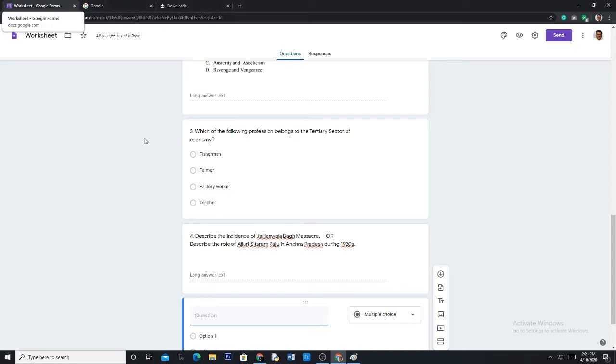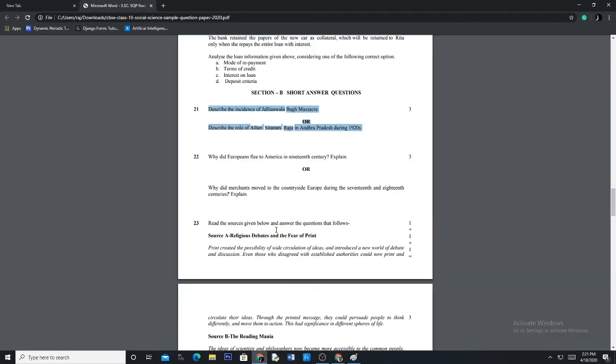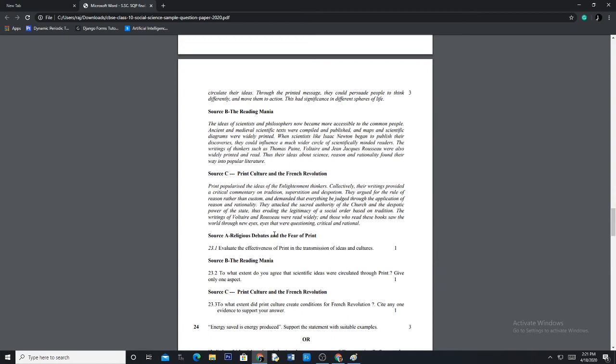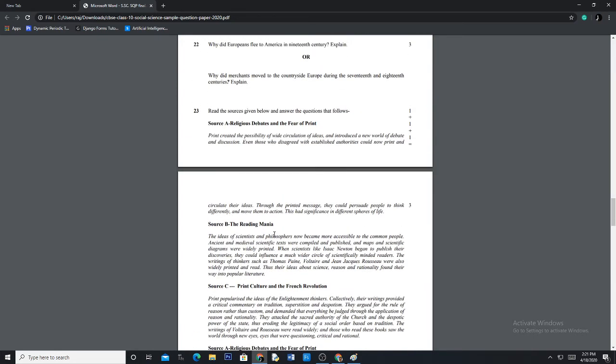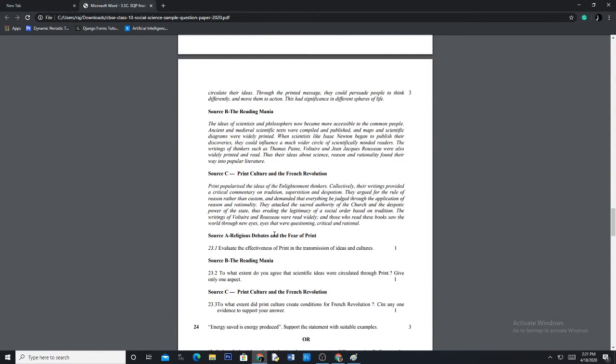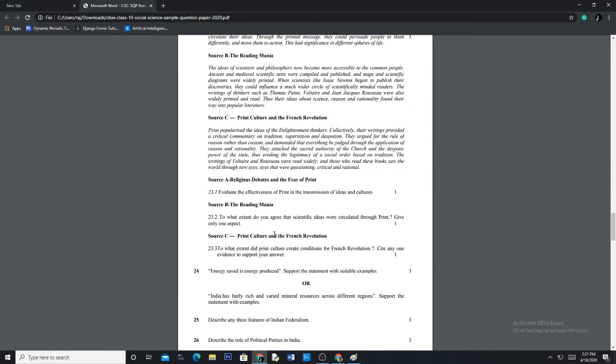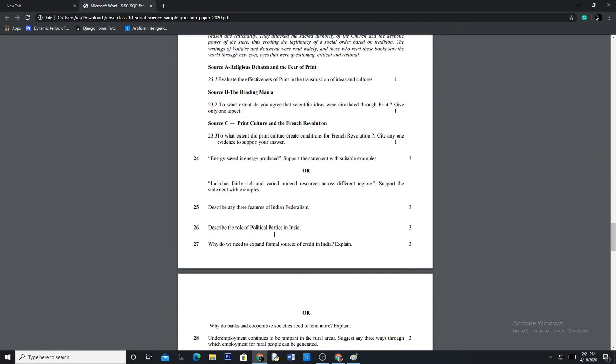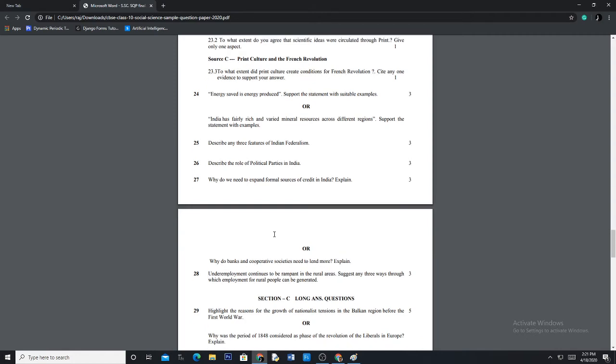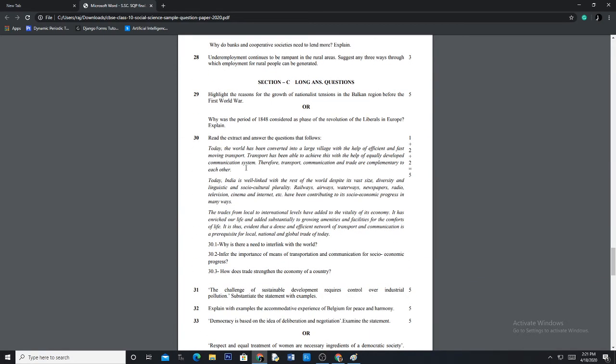Now I come back to my question paper, and suppose I want to give this. Read the extract and answer the questions given below. Let me give this. See, it's so simple.